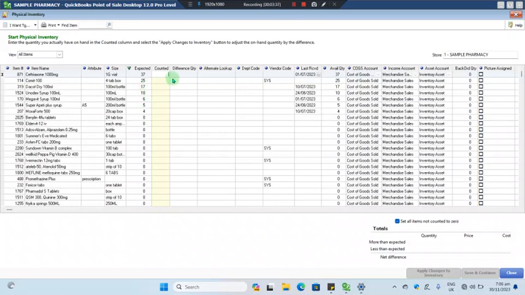Now let's say here I've counted 37, exactly 37. On the difference column, there is nothing yet. Here 25, there's nothing yet. But let me say that instead of 17, I've counted 15. The difference of 2, which is a negative, will appear here. Pay attention to the bottom left, where there's some analysis. Here there's more than expected, and there's less than expected. So we have -2 as less than expected,